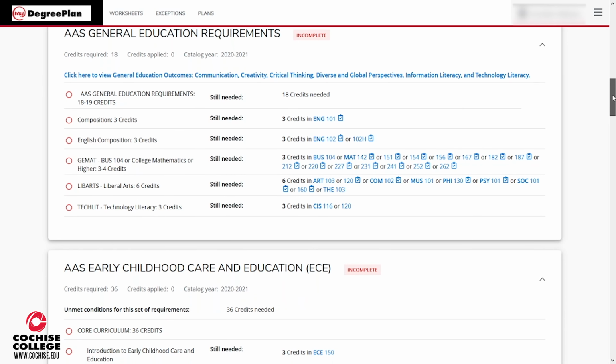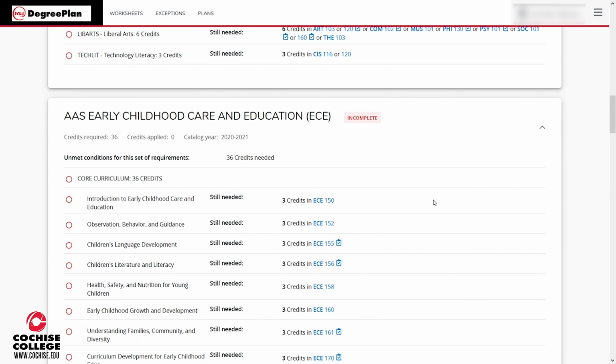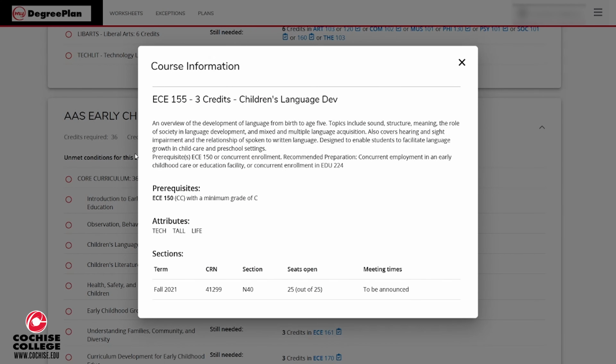As you scroll down, you're going to be able to see all the requirements for that particular degree. If you see a blue hyperlink, you can click it, and that means you have that option to take if that requirement has not been fulfilled. You'll be able to see if you have the prereqs to be able to take that class. Also, if you've already fulfilled that requirement, you'll be able to see the grade and the semester in which you took it.